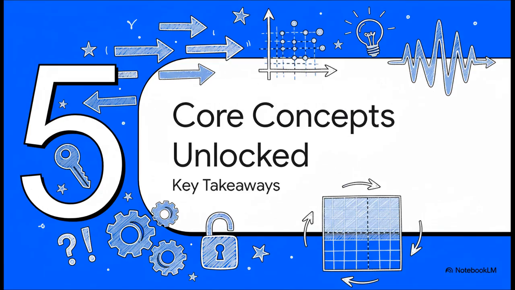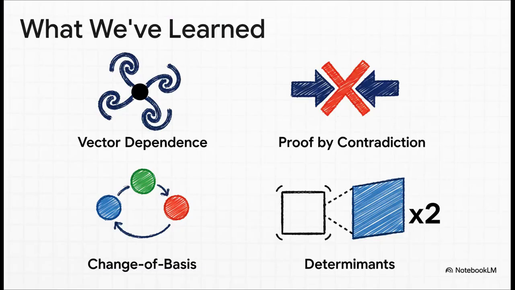So let's just take a quick step back and think about the big ideas that this two-part puzzle really helped us understand. First, we saw that the number of solutions you have, whether it's none, 1, or infinite, tells you something really deep about whether your vectors are independent or not. We also got a great example of just how powerful proof by contradiction is for finding your way through abstract problems. Then, we moved on and reinforced the idea that change of basis formulas are the secret sauce for translating transformations between coordinate systems. And finally, we saw that a determinant isn't just some random number. It's like the transformation's fingerprint. It's a true property that stays consistent no matter how you look at it,